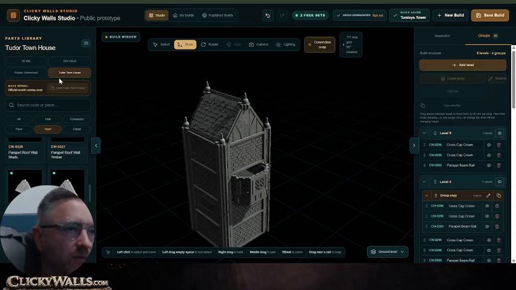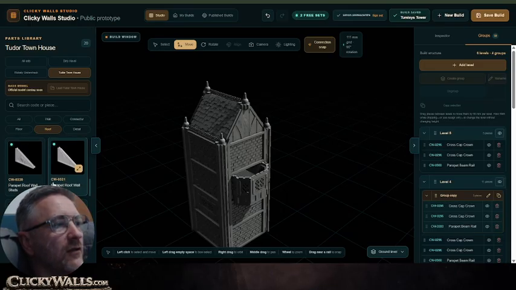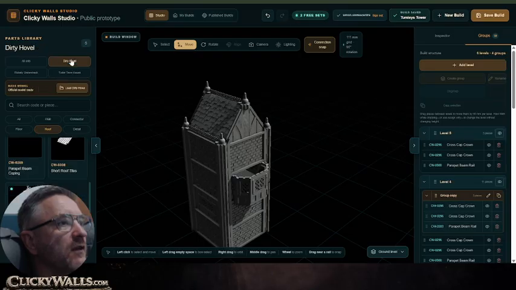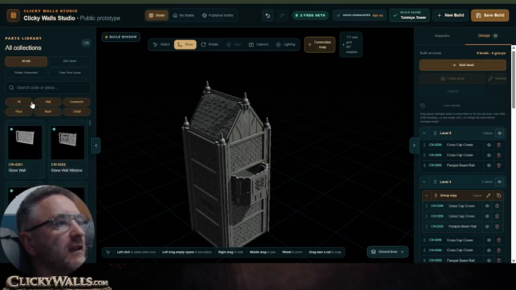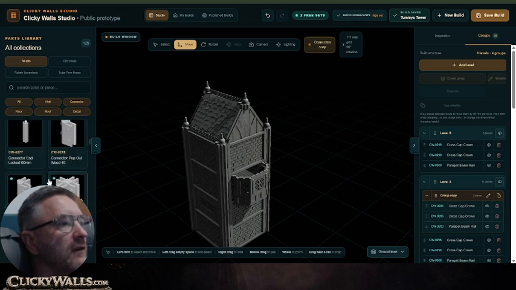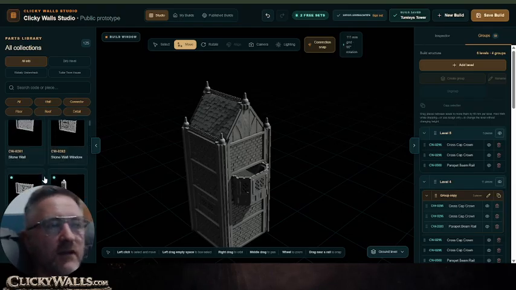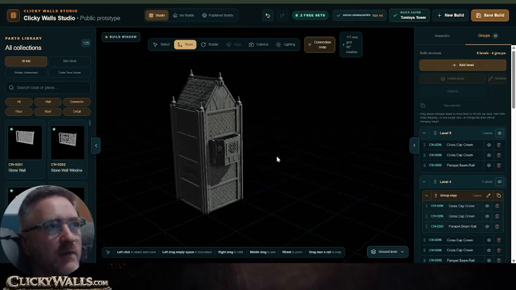buildings, just working through them, like the mud and mortar, things like that, making sure that everything's snapping properly the way that it's supposed to, making sure that all the codes are correct. So on this, the correct codes are the ClickyWalls and then a number, but some of them still have the old numbering system. I think they might not. I might have updated all of them, I can't remember, but I'm getting there with it. So it's a work in progress. It is just a prototype,